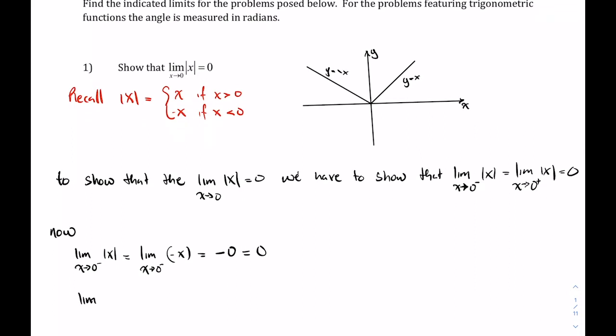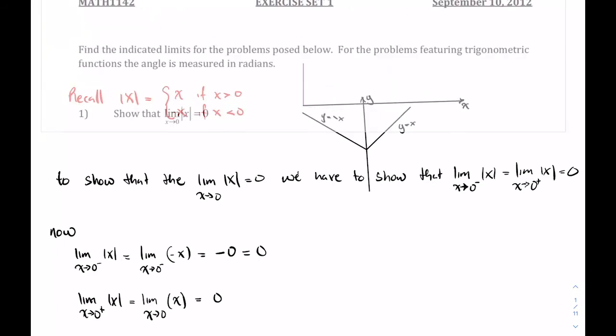Now we take the limit as x approaches 0 from the right of the modulus of x, which is equal to the limit as x approaches 0 of x, which is also equal to 0. Now notice that in this instance we were taking y equals x, which is the function that is on the right. So in graphical form,